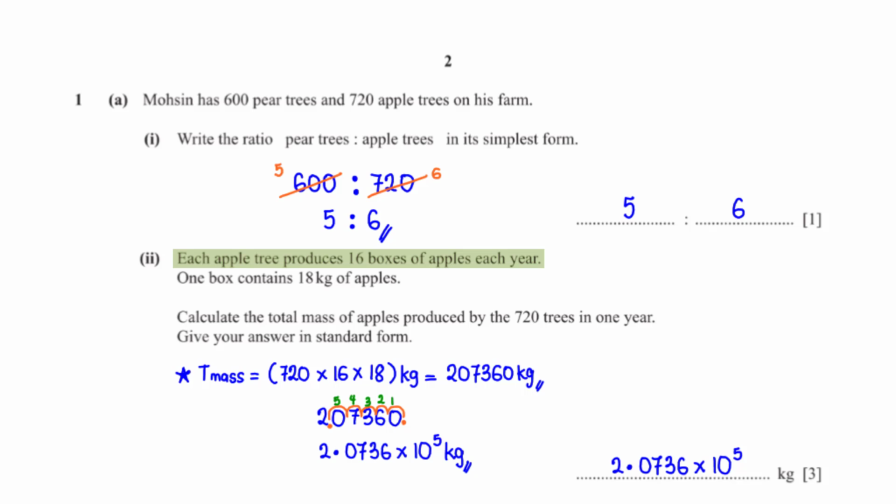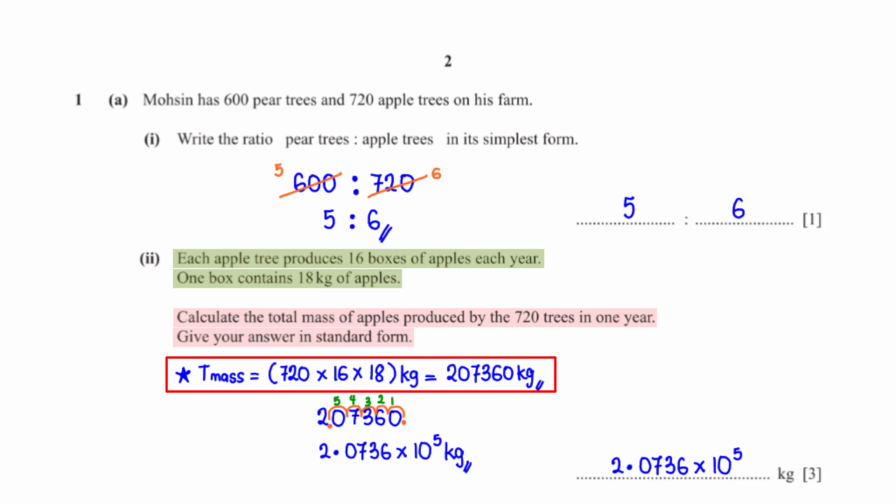Each apple tree produces 16 boxes of apples each year. One box contains 18 kilograms of apples. Calculate the total mass of apples produced by the 720 trees in 1 year. Give your answer in standard form. To get the total mass of apples produced by 720 trees in 1 year, that will be 720 times 16 times 18 kilograms, which is equal to